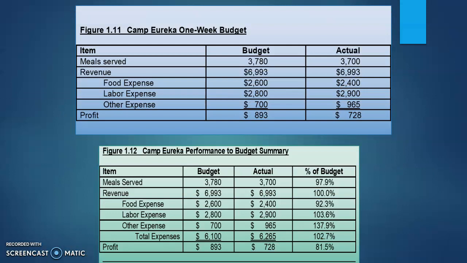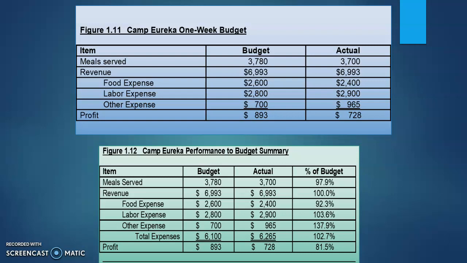Now, your goal should always be to literally be as close to the budget and the actual as you can. Some people think, well, no, a great manager is one that blows his numbers out of the water, right? Their budget was $500,000 in sales and they did $1 million. That's amazing. They're amazing. No, they're actually terrible. Because if you didn't know that your sales were going to be that big, then you're equally as bad as if it's the other way around, right? You have to know what your sales are going to be.